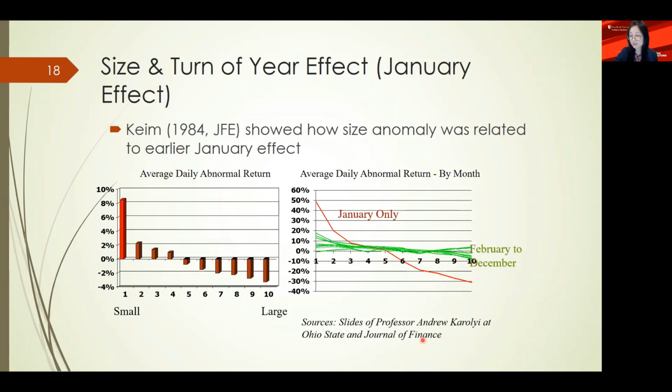So I was using the slides from my former professor because I think this is the most fascinating slide for me. When I was a student, I said there's no way, right? Small firms do better than large firms only for 5 days, it cannot be risk. At that time, I was fully convinced that this is an anomaly. This is not a risk story. So that's the